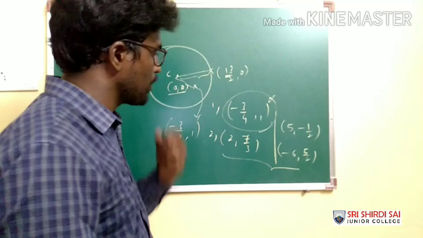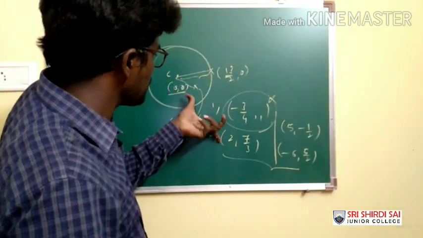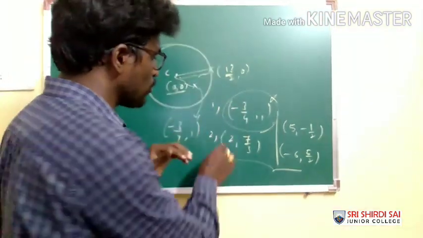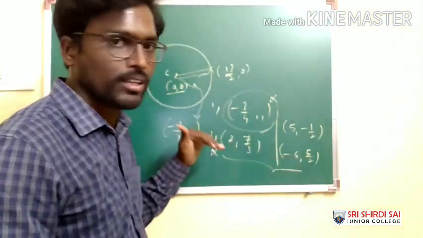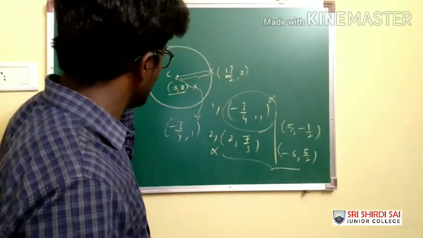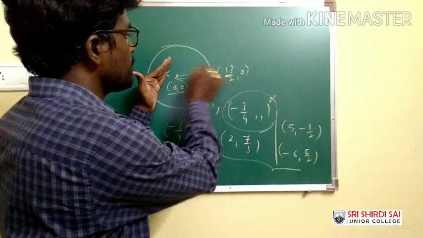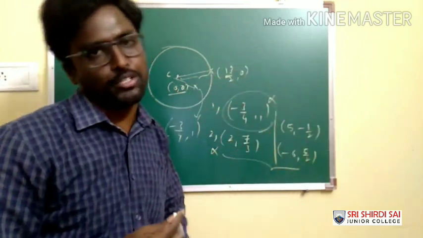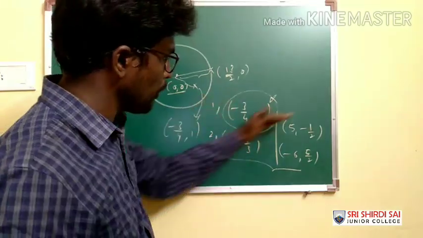Similarly, you will go for the next coordinate. You calculate the distance between the center and this point, and if this length is also smaller than this length, then this also will not be suitable. In such a way, we have to check all the 4. The coordinate for which the distance from the center is greater than the distance between the points (0, 0) and (13/2, 0) will be our suitable option. Got my point? So here you are supposed to check every option.